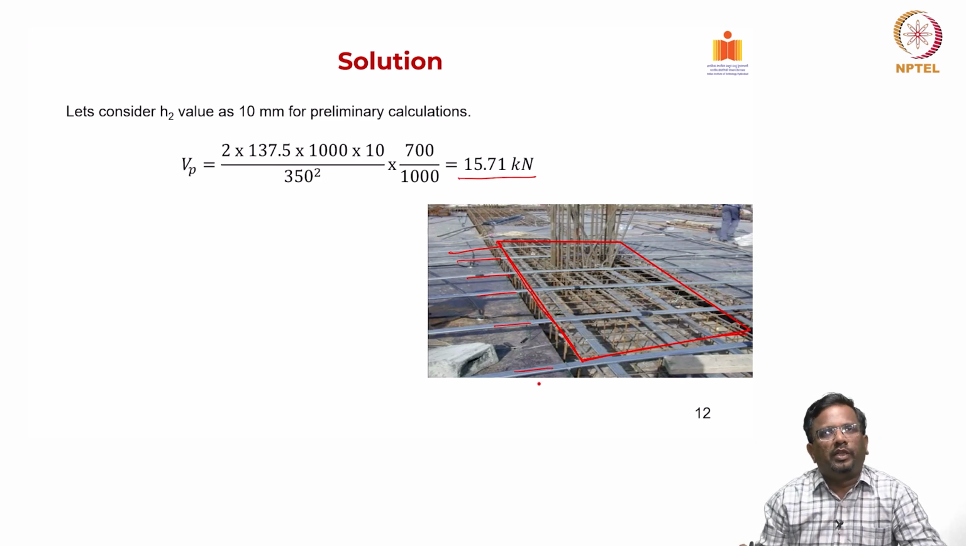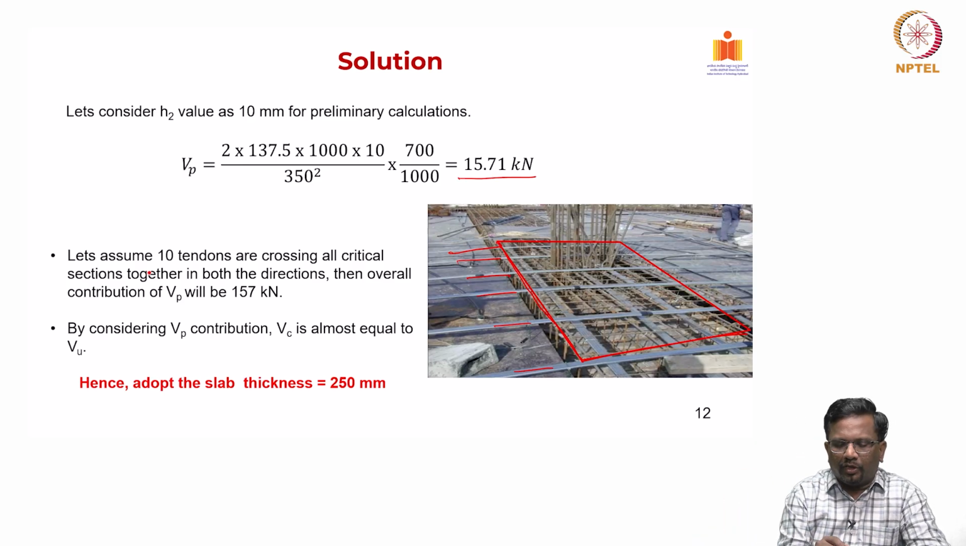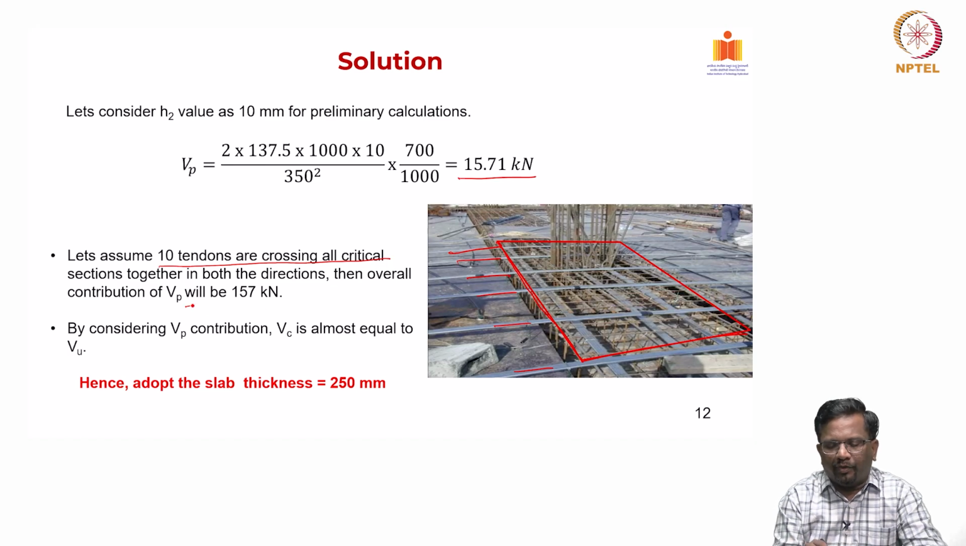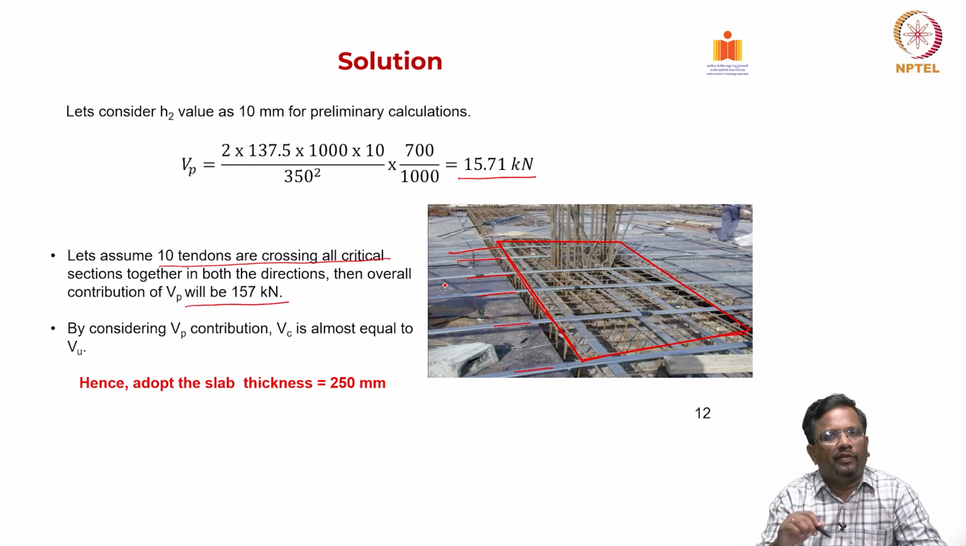So, we are saying that on all the 4 sides we have to take care of this Vp, right. Let us assume that 10 tendons are crossing all the critical sections together in both the directions, then the overall Vp will be 10 into 15.71. Of course, we have to verify that later, right. I am assuming that typically that is how it is, it is a good number. We do not know how many cables are there at this point of time, but